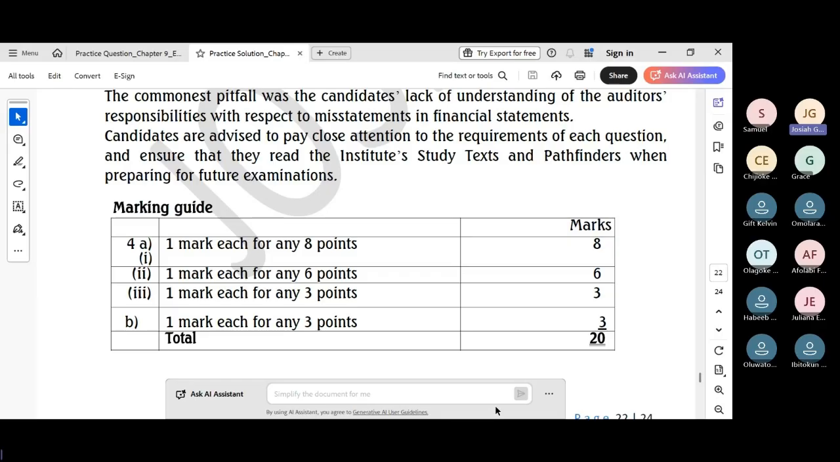And finally, obtain written representation. You need to obtain written representation from management about whether all subsequent events have been adjusted or have been disclosed. So that's for the 4A, one part, from the end of reporting period to the audit report date, to end the 8 marks. Then for the...